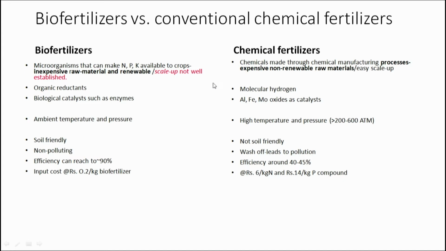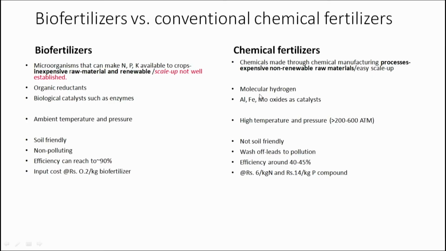The second point is that in chemical fertilizers, you have hydrogen for synthesizing ammonia. You require both nitrogen as well as hydrogen. So, the supply of hydrogen is going to be in the form of molecular hydrogen when it comes to chemical fertilizers. However, in the case of a biofertilizer, as you see here in the second point, the microorganisms can use organic reductants. So, they could start out with glucose, they could start out with sucrose. These are organic molecules, they are carbon containing, and they are going to reduce, for example, nitrogen into ammonia.